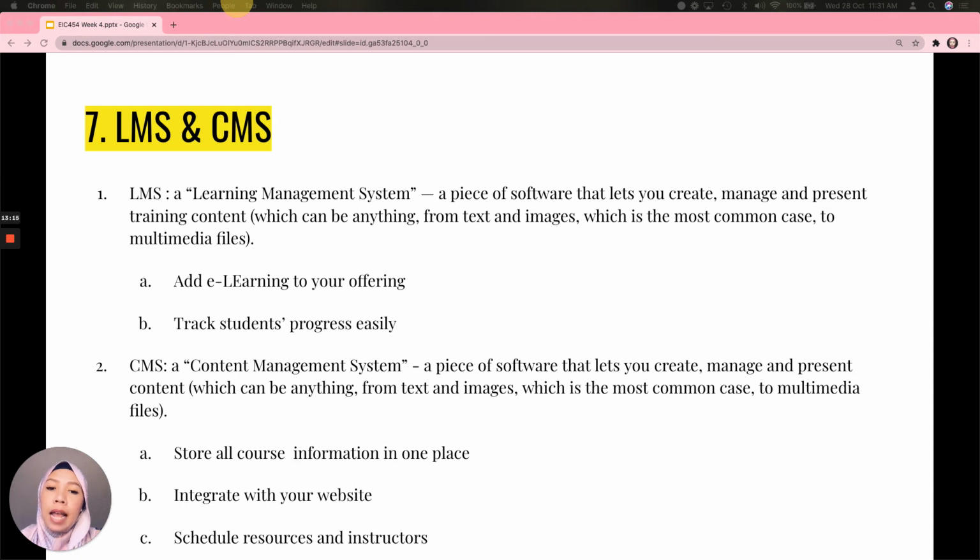All right, examples of LMS that you might be familiar with are UFuture, previously known as iLearn, massive open online courses, MOOC, Khan Academy, Udemy, and whatnot. Okay, now CMS,